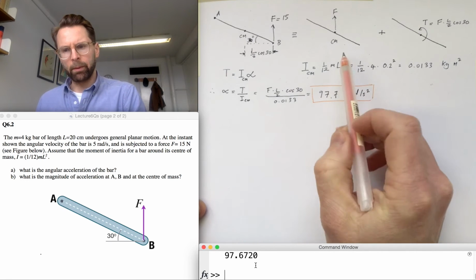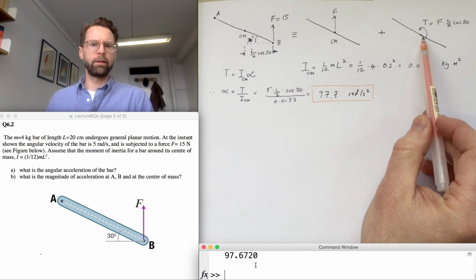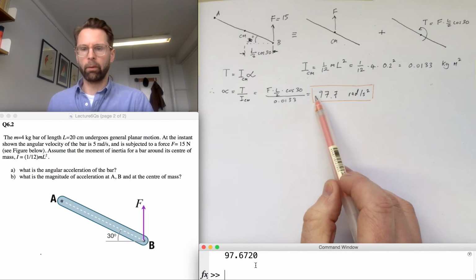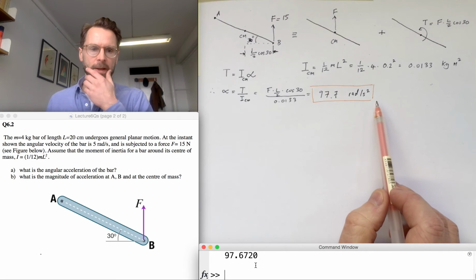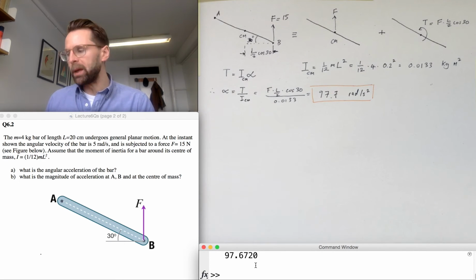So by splitting it up in this way, we've worked out what the torque is around the centre of mass, and because we know the moment of inertia around the centre of mass, we've been able to work out what the angular acceleration is at this instant. That's the easy part. Part B is more difficult, and